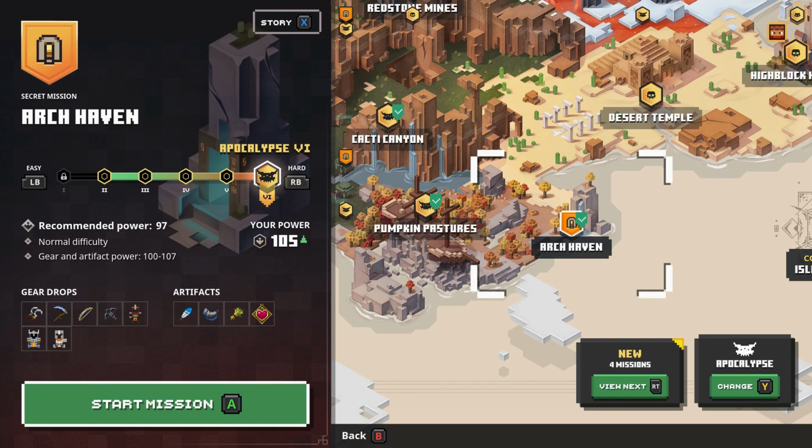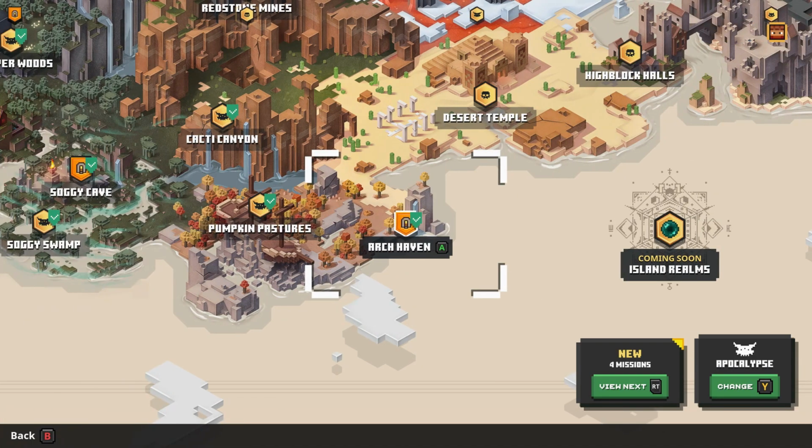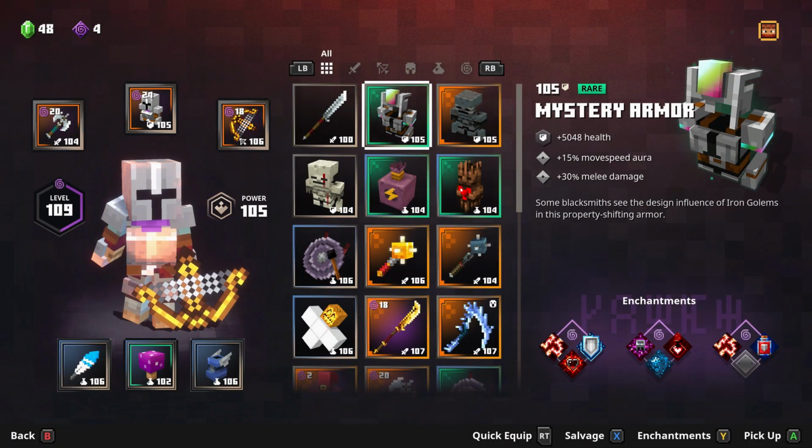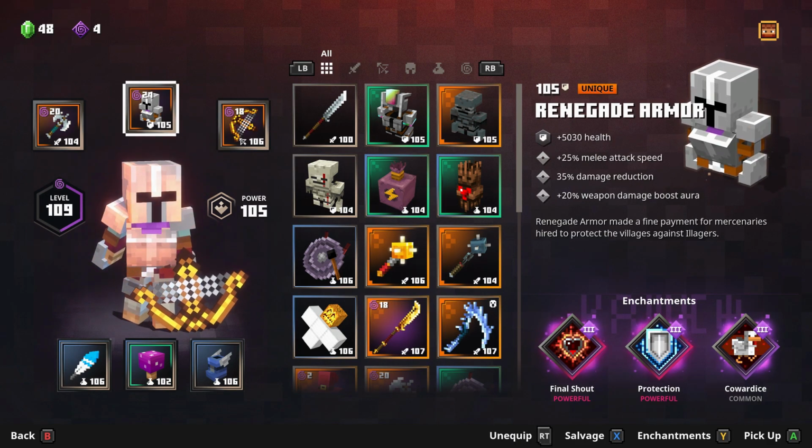Now Archhaven doesn't actually offer too much, but what it does offer is the chance to get the Renegade Armor. I believe the Renegade Armor is single-handedly the best all-round armor in the game at the moment. If you have a little look here, it gives you a nice bit of health,